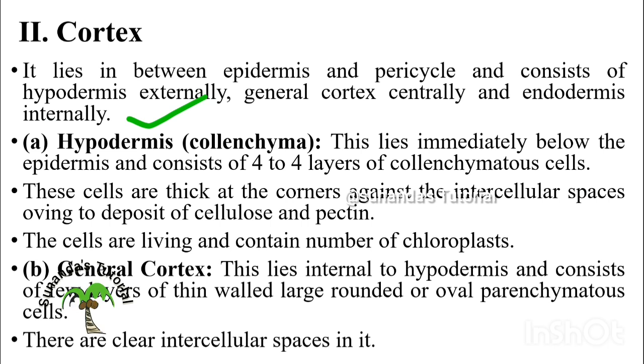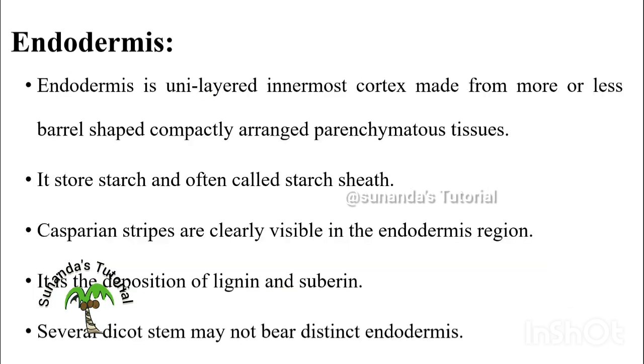Next to the hypodermis, the general cortex is present, which is parenchymatous in nature, and they have clear intercellular spaces between them. Next, inner to the general cortex, the endodermal layer is present, which is unilayered, that means single layered, and barrel shaped